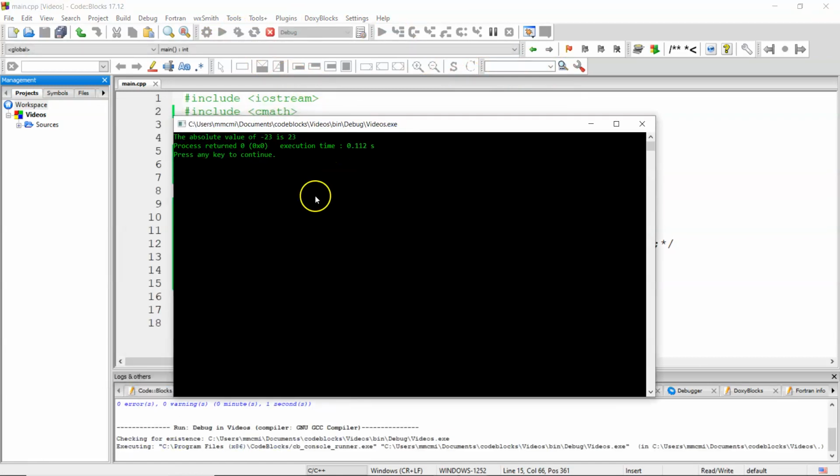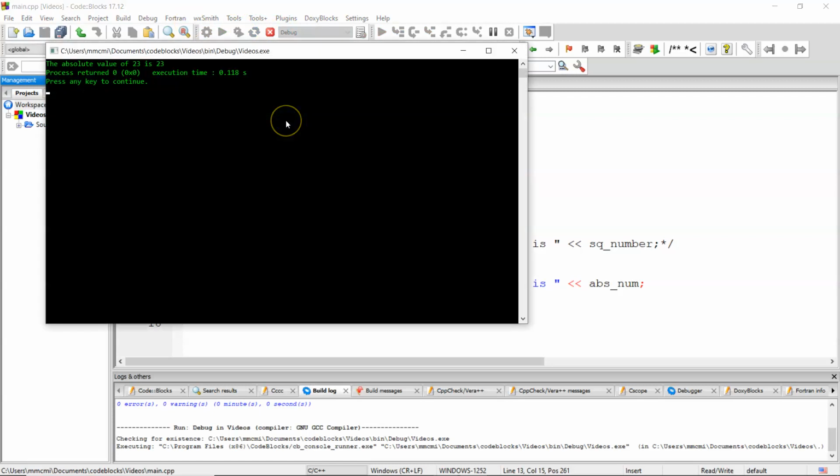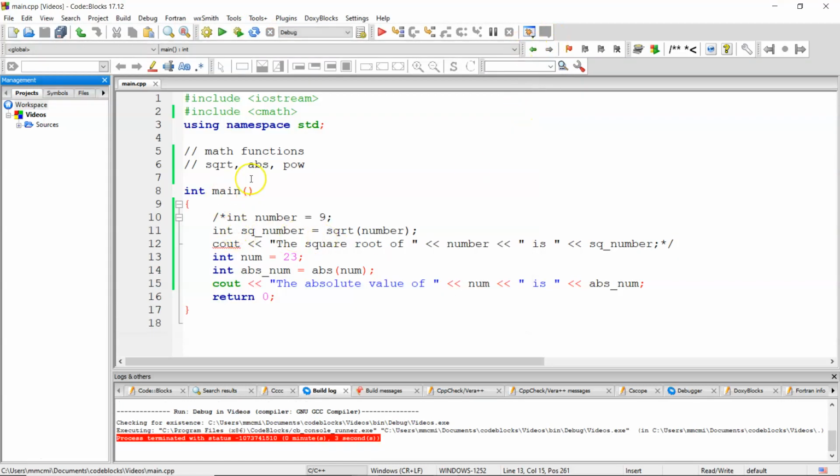So the absolute value of a number is just the negation of the sign, or I'm sorry, the positive of the sign. So the absolute value of 23 is 23, and in the case of a negative number, the absolute value of negative 23 is positive 23. So if we change the sign of negative 23 to positive 23, we get the same result. Okay, so finally,